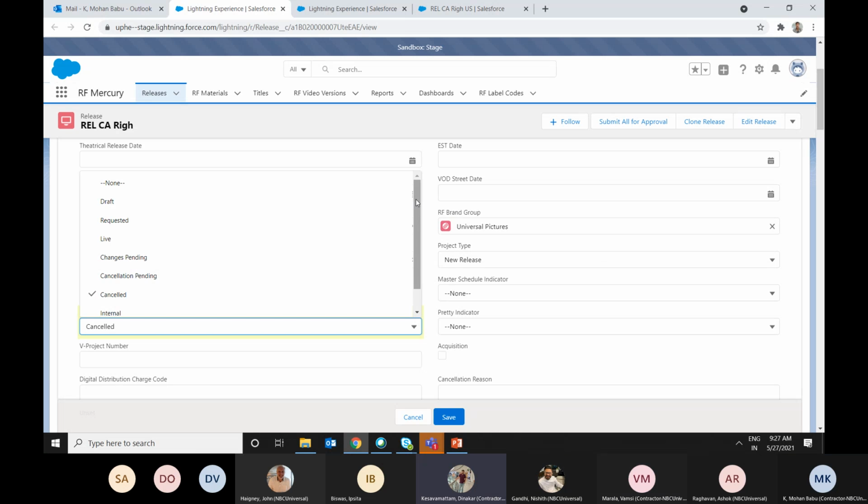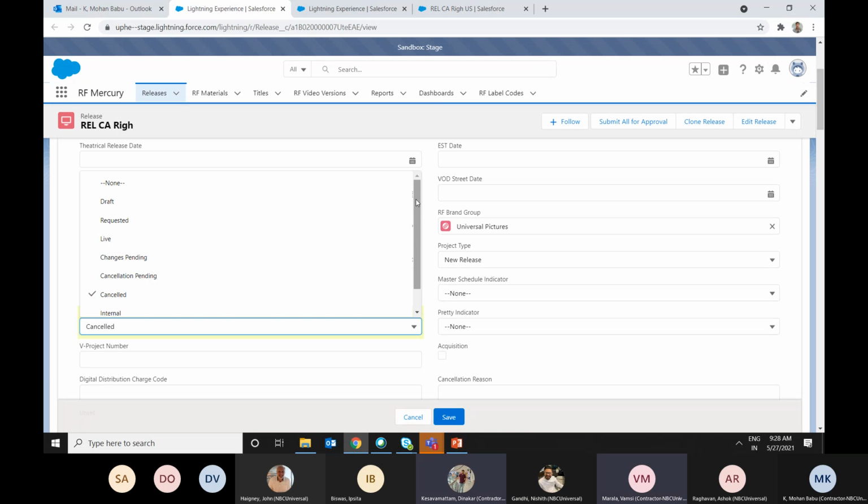So Vamsi, for brand user and all other profiles except system admin, this layout is always locked, each and every field in the layout. Yeah, almost all the fields are locked, Dinakar. We have to use only the action buttons which are there on the top. So even if I log in as an admin and I'm testing some functionality, if I try to update a field directly on the layout, the logics will not fire. No, the logics will fire. If you are the system admin, the logics will fire. There is no restriction on the logics for that. But for the users, almost all the screen is locked. They have to use only the action buttons.